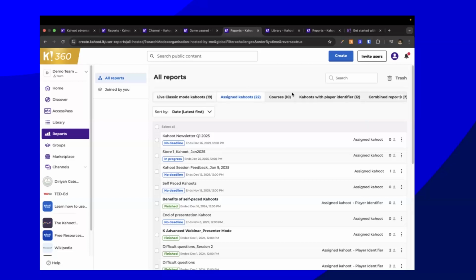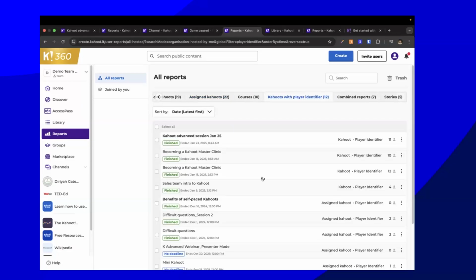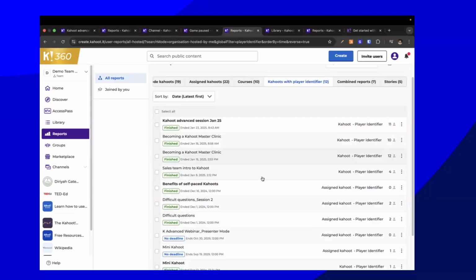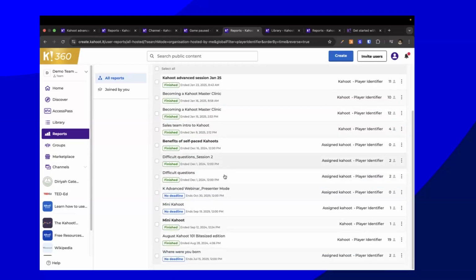Yeah, so just to get into that, of course, let's have a little bit of a look at the Kahoots with Player Identifier. And in particular, I want to draw your attention to how we can help you as a Kahoot host or the owner and admin of a platform get more insights into what exactly it is that people need if you are, for example, working in training sessions or looking at the training needs of employees. So I had a couple of sessions involving some players, and these sessions were essentially around what things might be difficult for the learner.